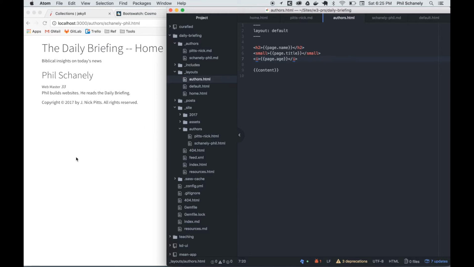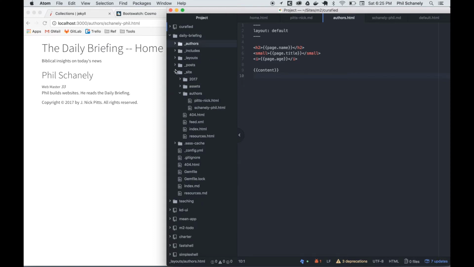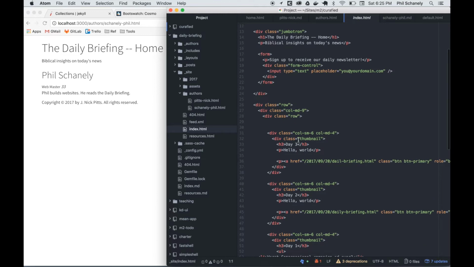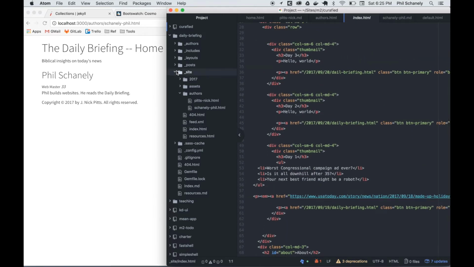Okay, so you can see we've got that content coming in thanks to the variables we put in the front matter, and then of course the catch-all content is coming in there too. Now, similar to what we did with posts, maybe we want to link to each of these authors on the main page. So, in place of